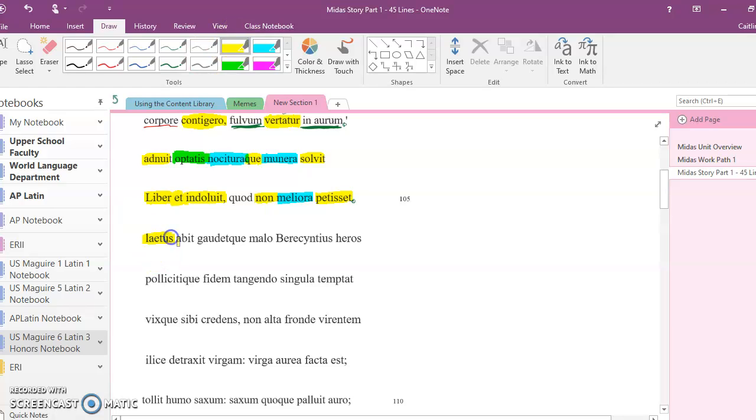Subject. Happy, he goes away. Well, who goes away happy? It's not our Bacchus dude, Liber, because he grieved, right? So this is our other guy. So probably Midas. Goes away happy. And what else does he do? He rejoices in evil. Or in wrongdoing. Oh, there's my delayed subject, just like Liber came after its verbs. The Berecynthian hero goes away happy and rejoices in this bad thing.